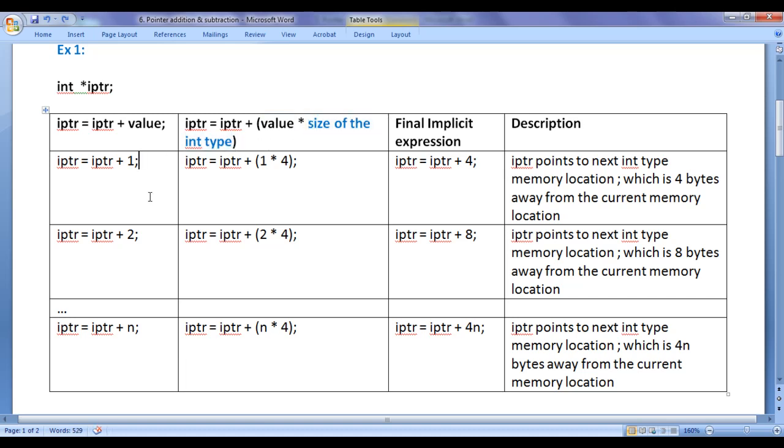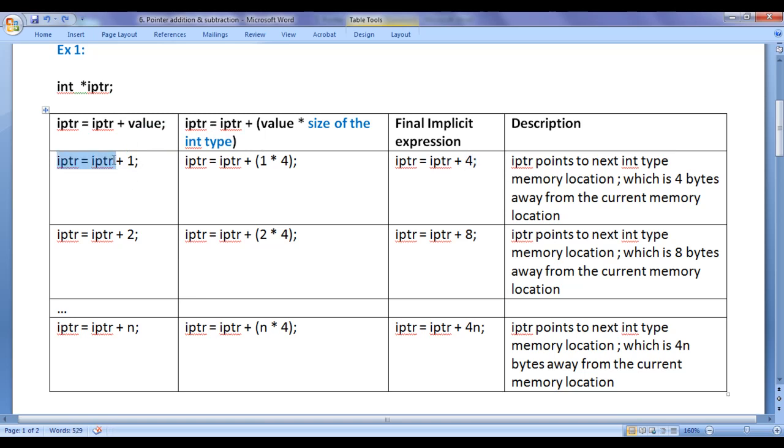For example, if you write IPTR equal to IPTR plus 1, implicitly it is expanded to IPTR equal to IPTR plus 1 multiplied by 4, which becomes IPTR equal to IPTR plus 4. Even though you write plus 1, implicitly it is adding 4 to IPTR, guys.